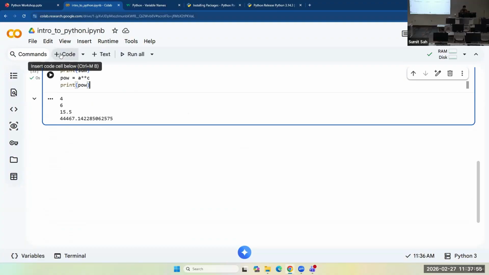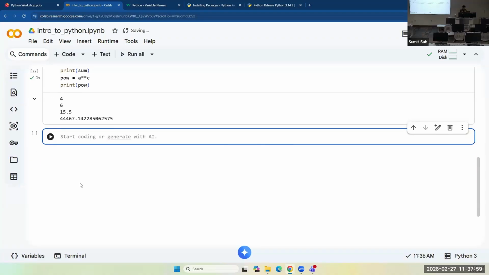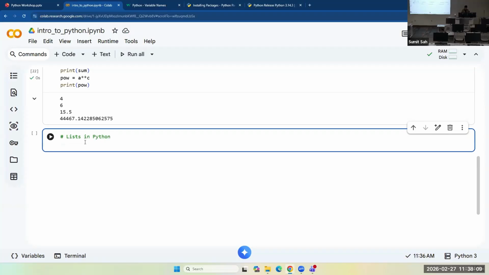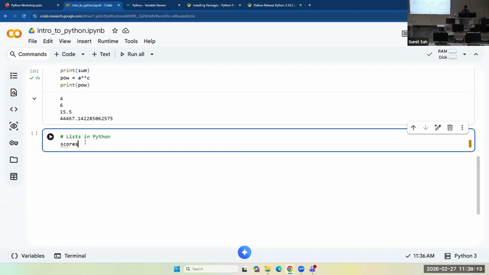So I'm going to add a new code cell and I'm going to say lists. They are called lists in Python. Let's say you want to store a list of your scores in different subjects in an exam. So you could store it like this.